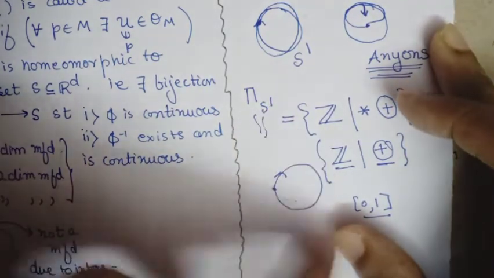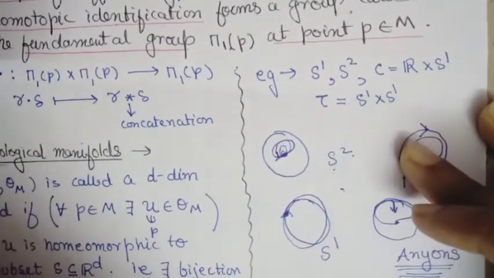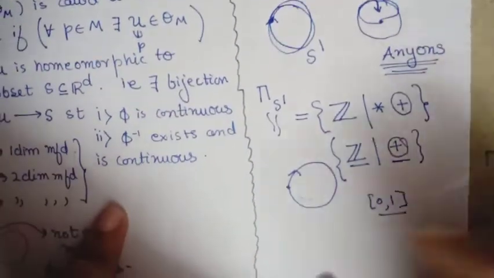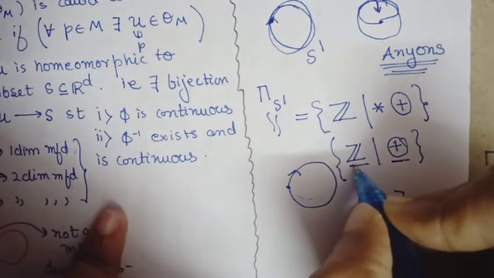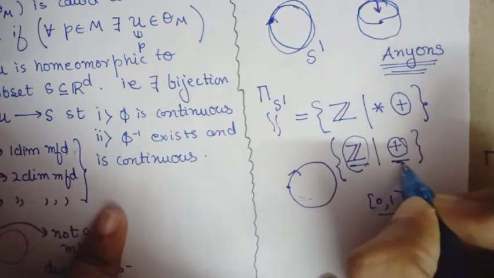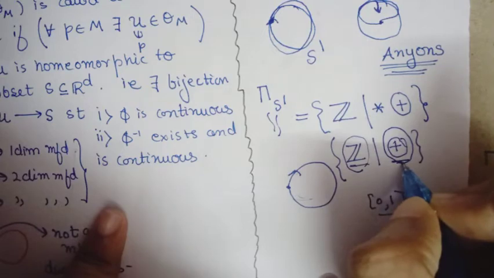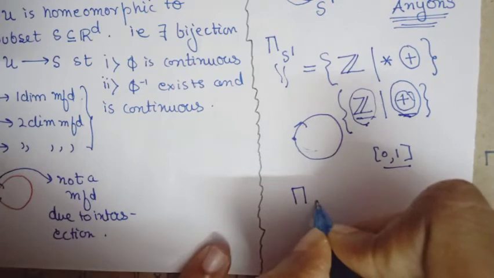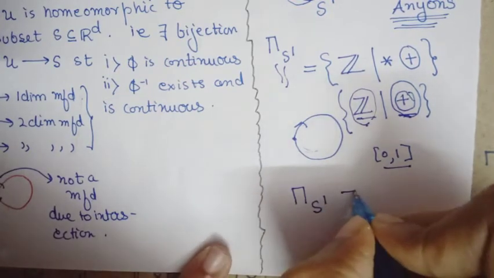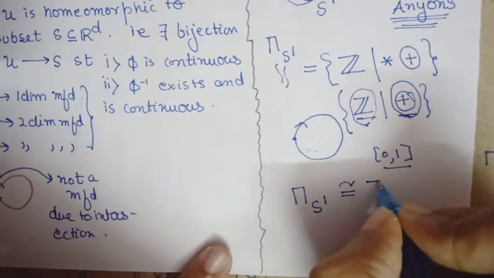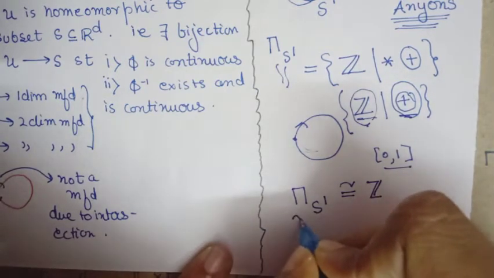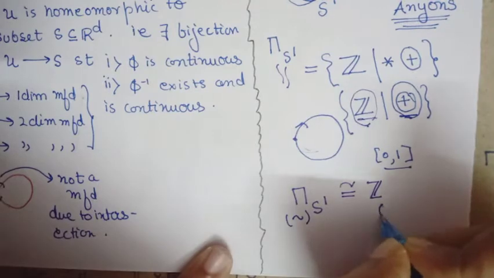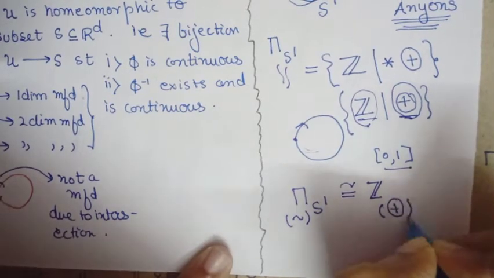I will discuss group structures later. I am just trying to explain the important physics parts related to loops. So Z, the set of integers equipped with addition, forms a group, and we have a fundamental group, and hence the fundamental group of a circle is isomorphic to the set of all integers, where this is equipped with a group action of concatenation, and here I have an action of addition of integers.